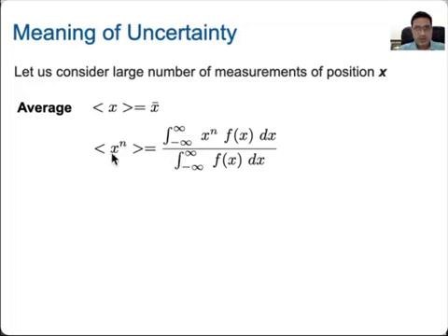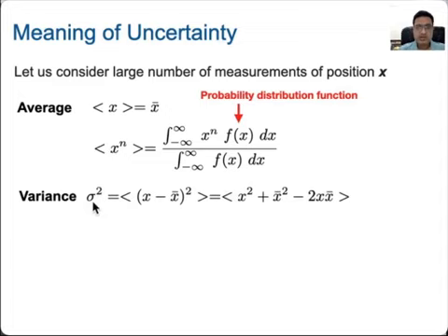So you multiply this x to the power n by the distribution function and integrate over the entire space. We don't know whether this distribution function is normalized or not, so we have to divide by the integral of this distribution function, so that this quantity does not get affected by whether the distribution function is normalized or not. Okay,